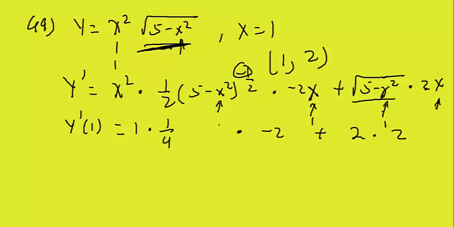Just thinking? Okay. Are you done thinking? Alright. This you should be able to handle. 1 times 1/4. 1/4 times negative 2. 2 times 2. Slope is